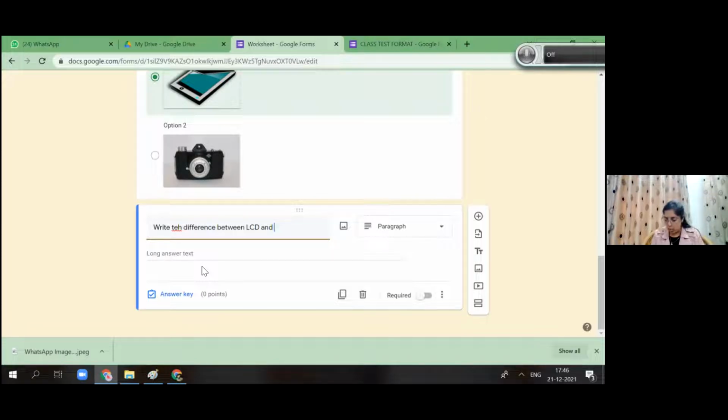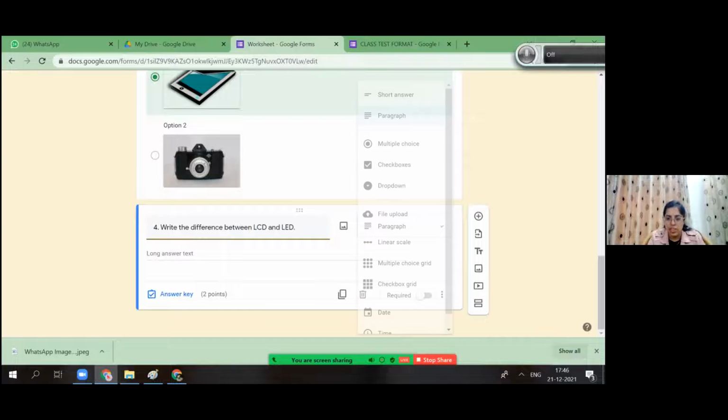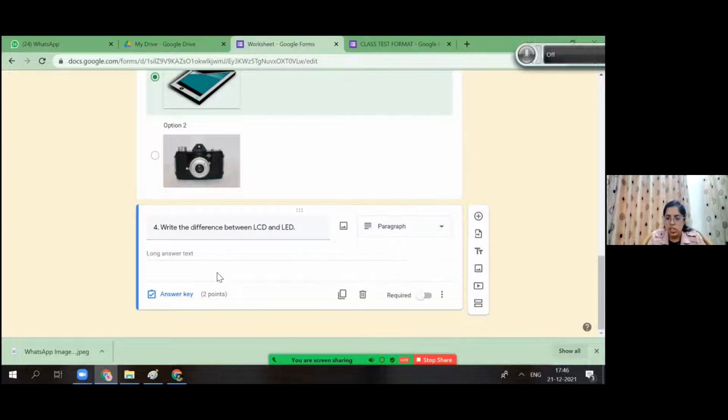So this is my one question where I want the student to write the answer and manually I'm going to check it, right? So this is my question number 4, and I'm going to give it a 2-mark question. Done. And the answer type is paragraph, it has automatically taken this, right? So this question will take the answer from the student.